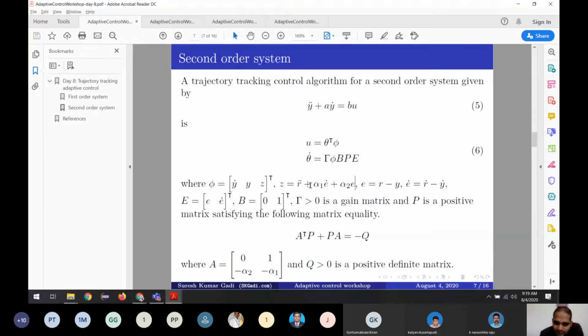So what is the first one? We know already how to calculate it. The second one and the third one we don't know. So we have to select or put some values for alpha 1 and alpha 2. So how do we put alpha 1 and alpha 2? We create a matrix like this in this format and we have to see what the eigenvalues are. If the eigenvalues are all negative, your matrix is good. You can use it.